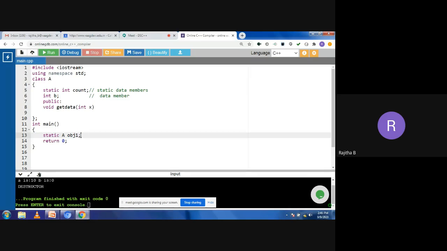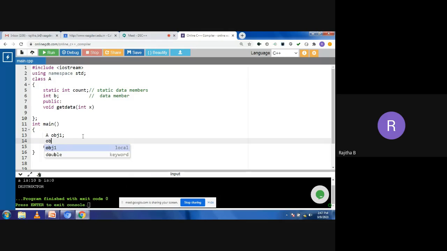Okay, here I'm taking the object obj1, and I'm calling the function, obj1 dot get data, and I'm passing some parameter here, 10.